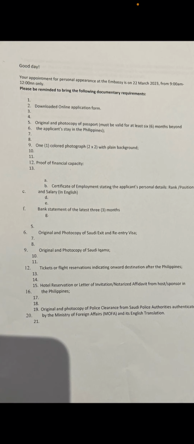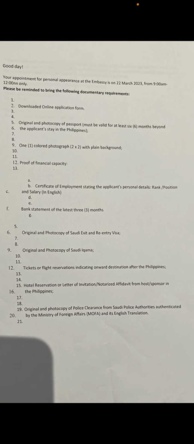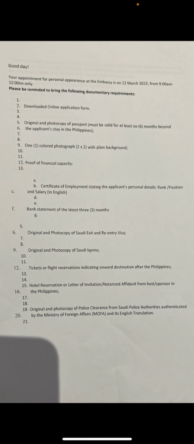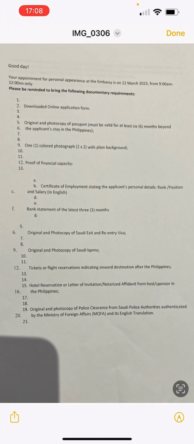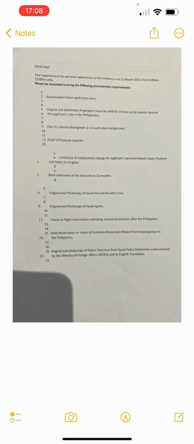Then your national ID; for Saudi it is the Iqama. For other nationalities, you might need your national ID, whatever that is. Then ticket and flight reservation of onward destination. This will show where you are going after you've completed that exam. Then hotel reservation, original and photocopy of police clearance certificate from Saudi, you need to get that as well. So let me show you,